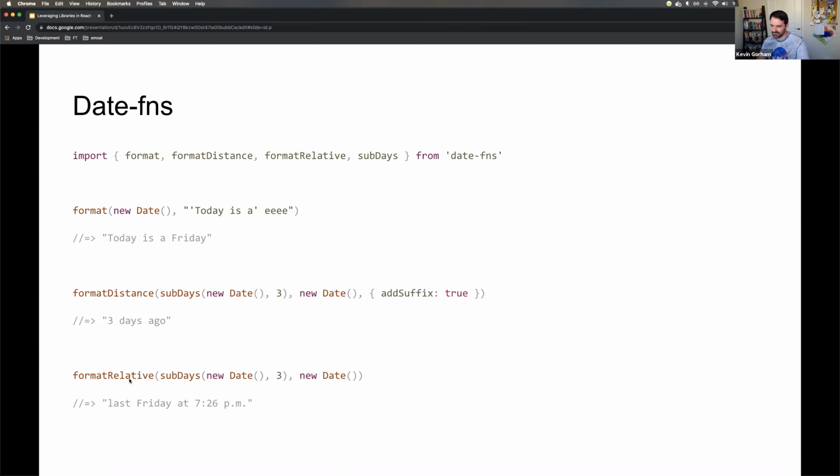Format relative works similarly, but it gives you a different string. We get the relative distance, essentially. So we get last Friday at this time. And if you wanted to, you could probably pass this more arguments to determine what kind of string you want